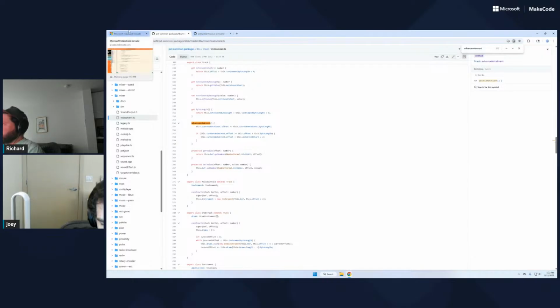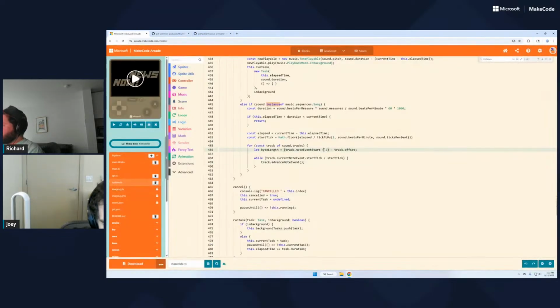We need to detect when we loop back around, because there's a chance that all notes in this track are before this note event, in which case we just want to remove this track entirely, basically. I don't think we're actually going to do that, but